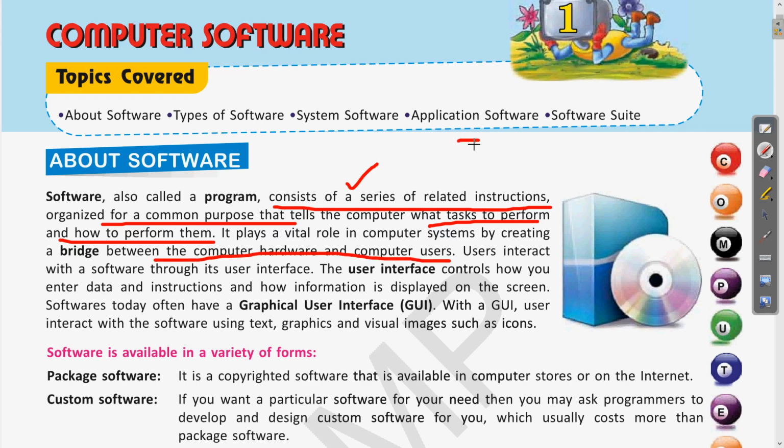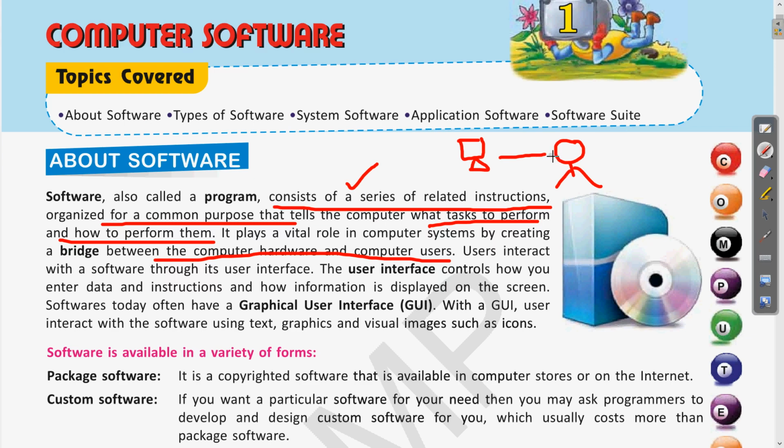So if there is a computer and there is a man, this software will act as a bridge between these two. Clear? This way the software provides the interface, so that the user and computer can interact.